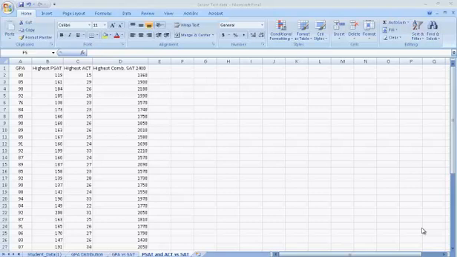Okay, look, what we're going to learn to do right now is how to make a regression line and interpret it using Microsoft Excel. What you can see here is I have a set of data. I have the GPAs, PSATs, ACT, and SAT scores of a number of students. So like I said, we're going to learn how to make a regression line, and a regression line is basically